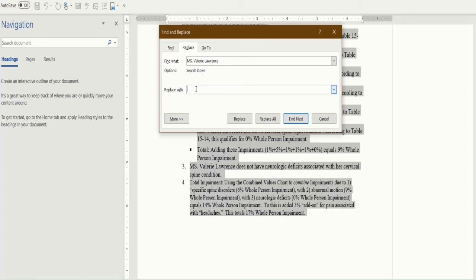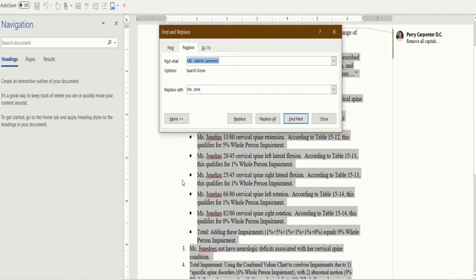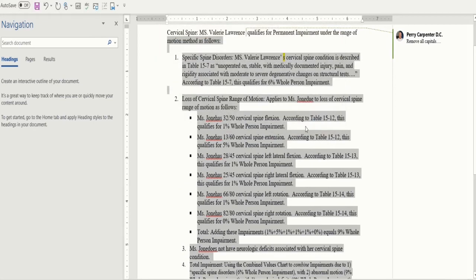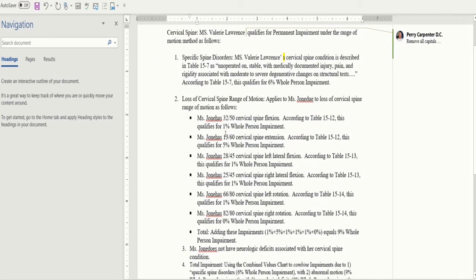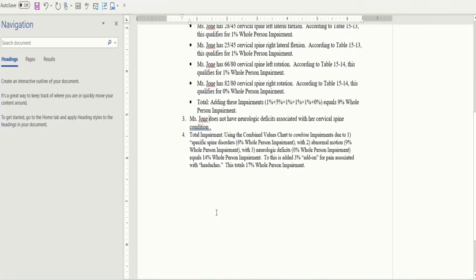To change the name to your particular examinee, hit Replace All, and you have the document customized for your particular examinee, and boom, you are done with providing your permanent impairment rating under the range of motion method.